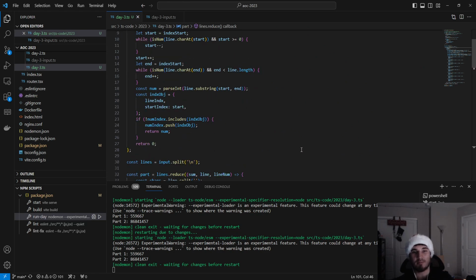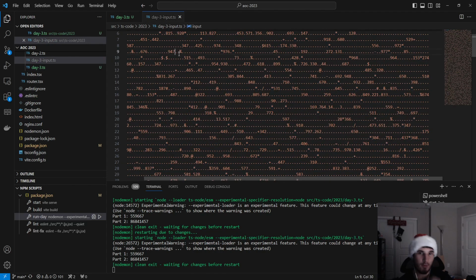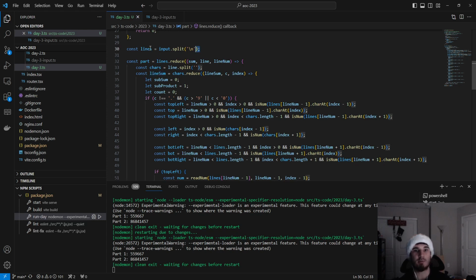So for part one, we are given this nice big long input, and we're looking for cases where we have a symbol that's not a period, a symbol here, and we are looking then to see what numbers are touching it in any of the 8 adjacent locations to it. So to do that, we're going to split to each individual line. Then we're going to go through each individual line, and we're going to look for a